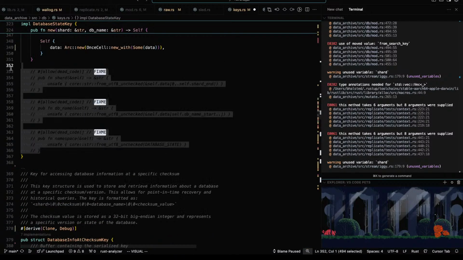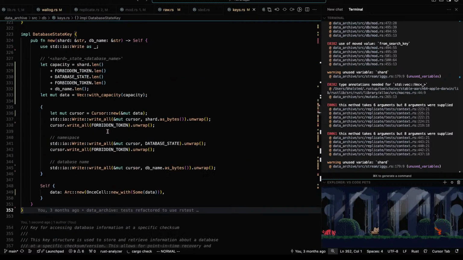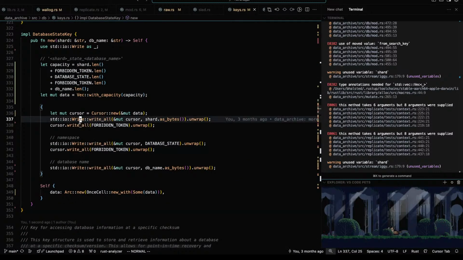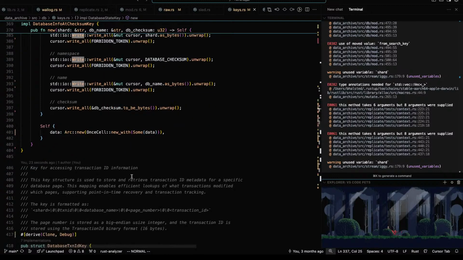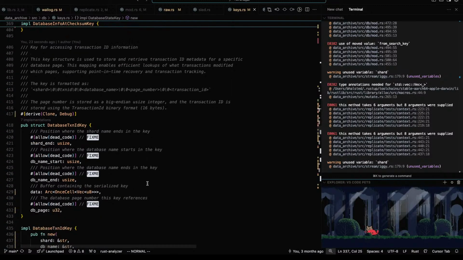Let's go ahead and just keep cutting. There we go. So really it's a fancy way of writing into a vector. We're using a cursor to write into a pre-allocated vector. Fine.